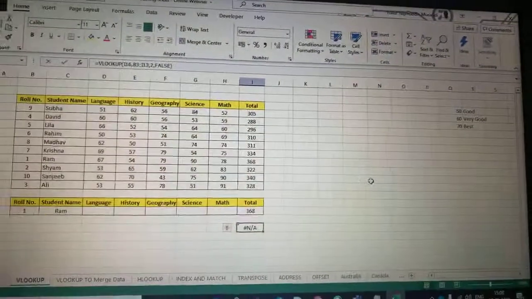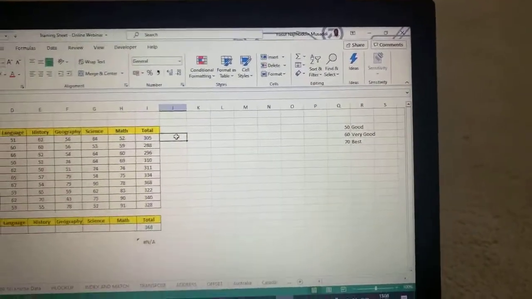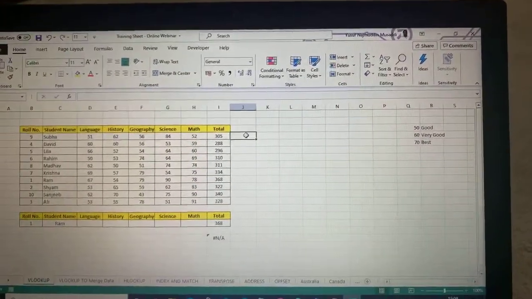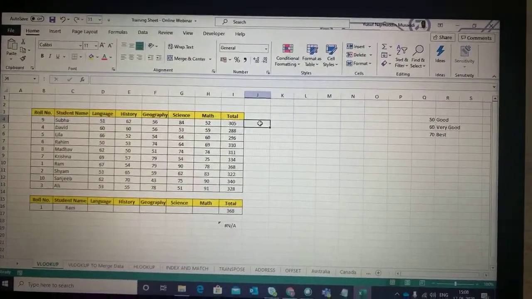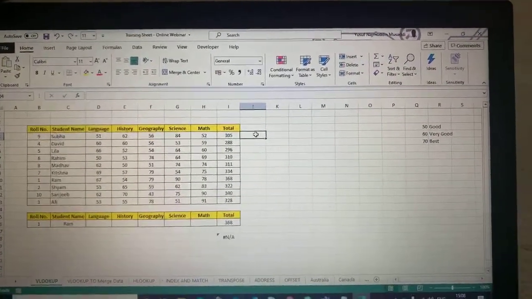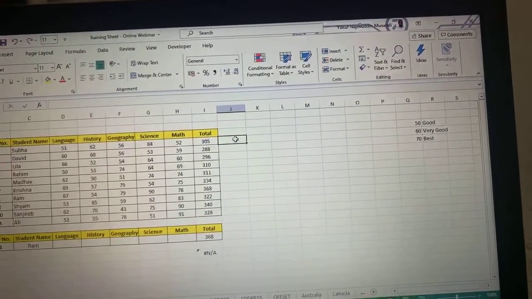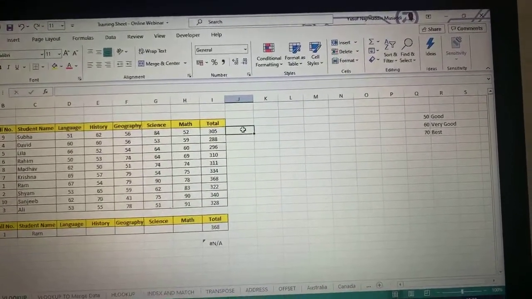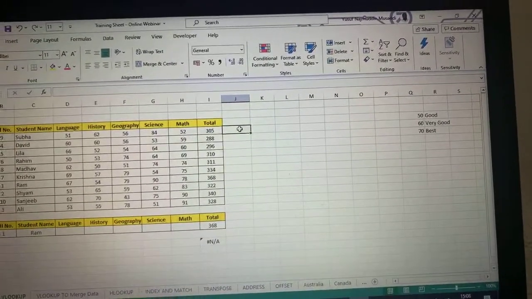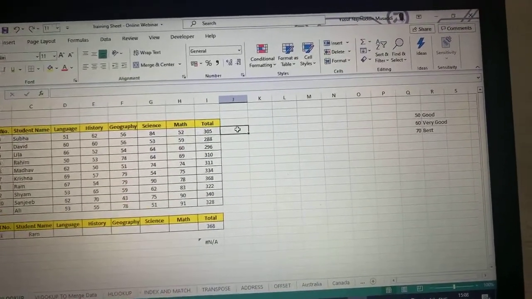Let us see the second usage of the VLOOKUP function, and that is to categorize the data in your table. Many a times you have a lot of data in your table and you want to categorize it. When I mean categorize, let's say you want to categorize employees as per their performance: good, very good, best, average. Okay, you want to categorize products on the basis of their sales. So some products might be running products, their sales are very high. Other products are not much in demand. So depending on how much sales has been done, you are categorizing them. So that is how you can categorize your data using the VLOOKUP function.